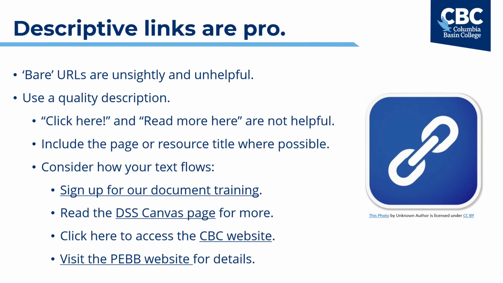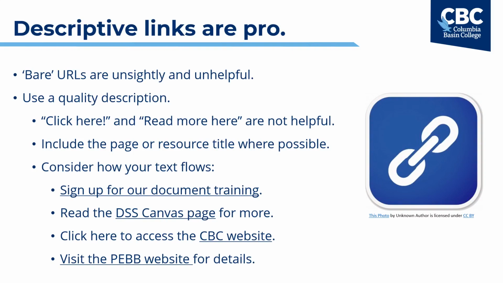It's really important here that we don't just put in simple descriptions like click here or read more here. And the reason for this is simple. When a screen reader user is operating the screen reader, they can open up the links submenu. And when they do so, it lists out each and every one of the links that's in the page. Say that you had 10 links in your page and all of them said something like click here or read here. Then what the screen reader would read out to them would be this: link, click here, link, read more here, link, sign up here.